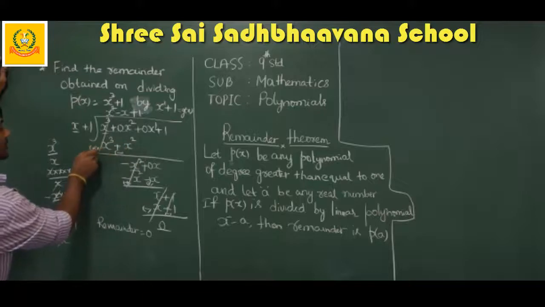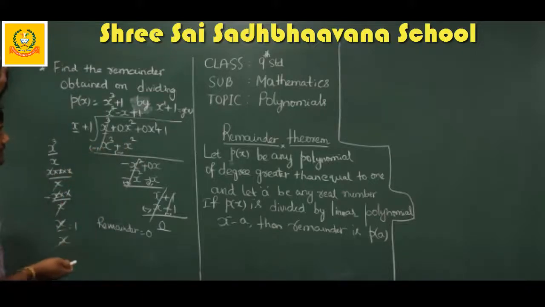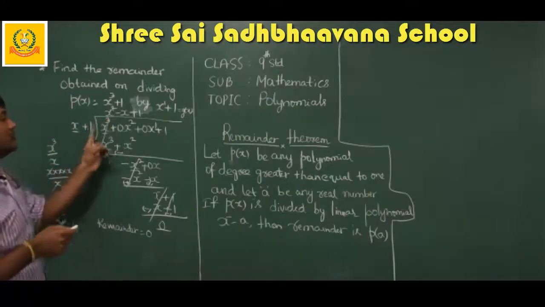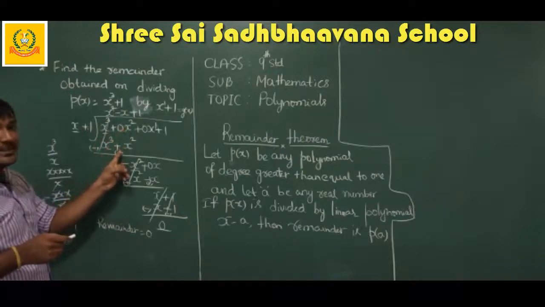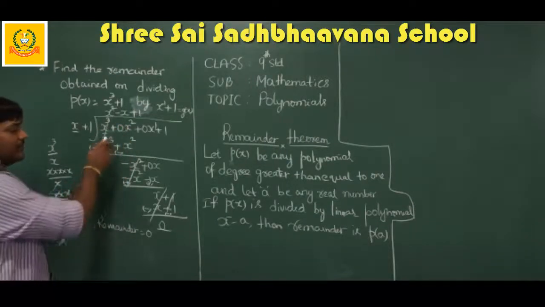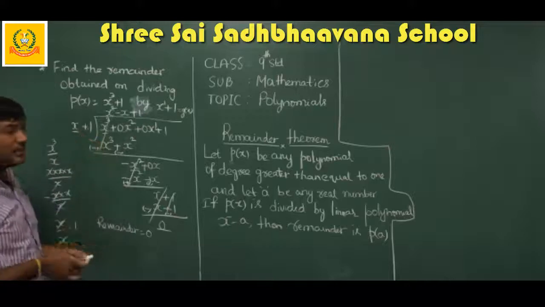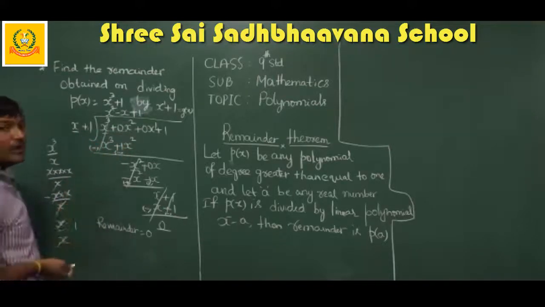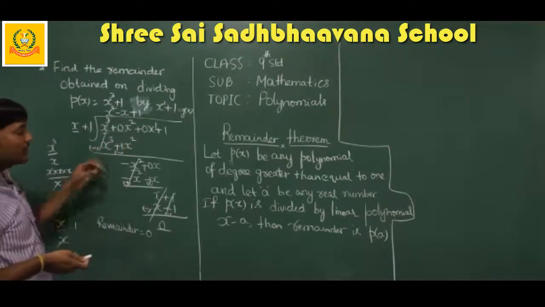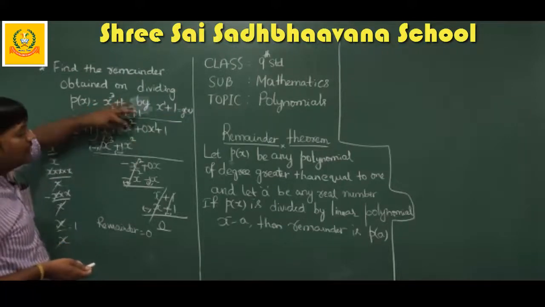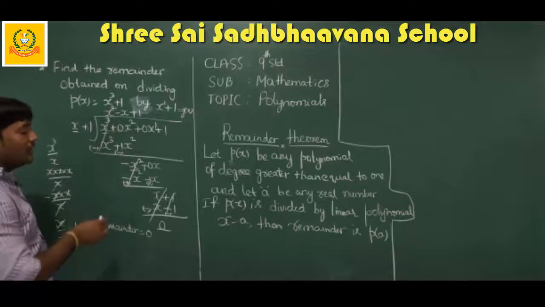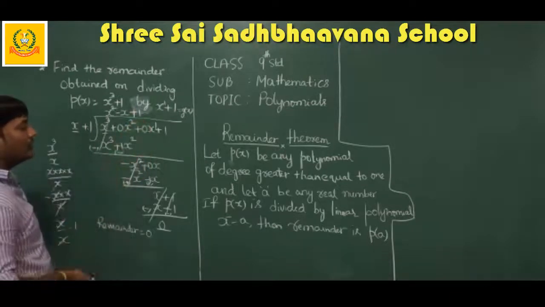When you subtract, the second polynomial's signs will change. Here, before it nothing is there, which means plus, so you change it to minus. Again here plus is there, change it to minus. So subtract: x cube minus x cube, we'll get 0. And for x square, in here we have minus x square. Here it is nothing but 0 only. Understood? 0. Here we have 1x square, so 0 minus 1. What is 0 minus 1? You will get minus 1 x square as it is here. So minus x square, then take 0x down.